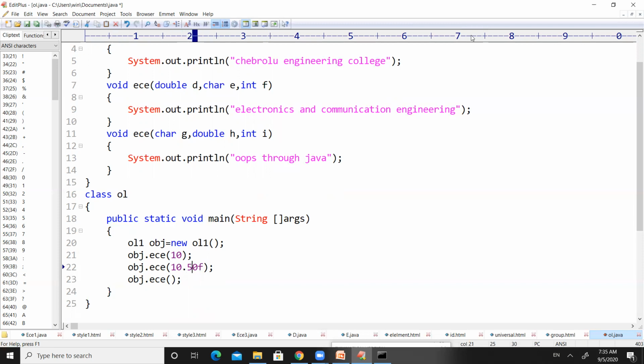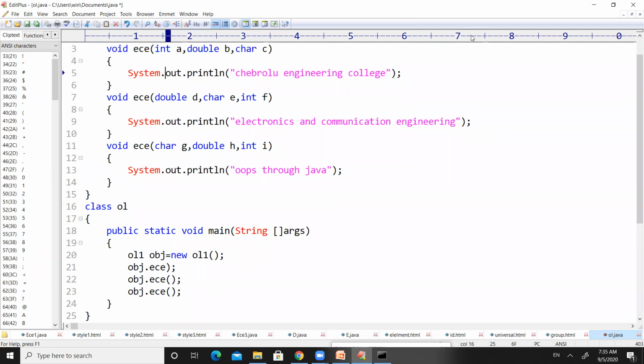If you want to print the college name over the screen, see the definition in the first line. You have to pass one integer value followed by one double value, that means a float value, followed by any character.